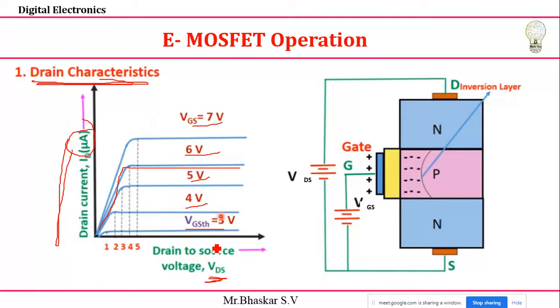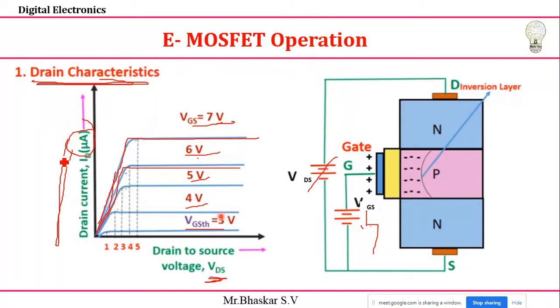First, I'll consider 7 volts of my VGS and change my VDS values. Initially, at low values, the current starts increasing gradually. After some time, if you keep on increasing the drain-to-source voltage, it will come to a saturation condition. Similarly, if you maintain 6 volts, compared to the 7 volts condition, and keep decreasing my VGS values, then the initial current is also gradually decreasing. That is the maximum current, and compared to this one, this one is less, and this one is less.